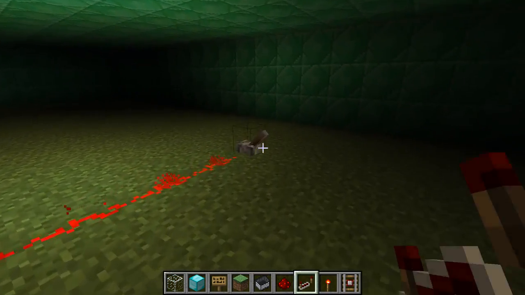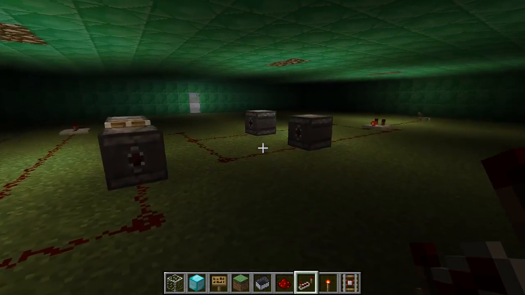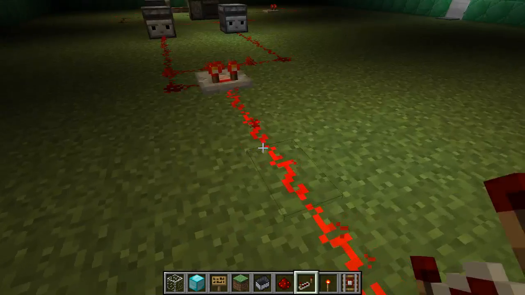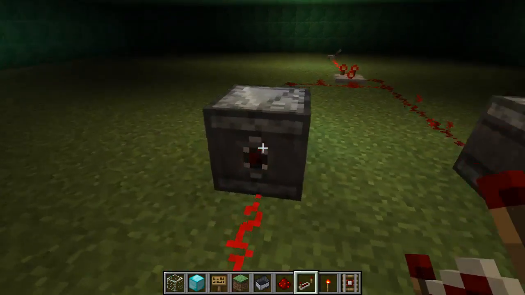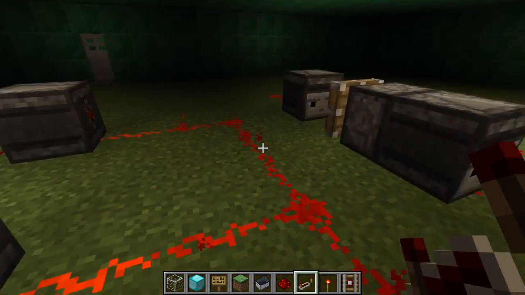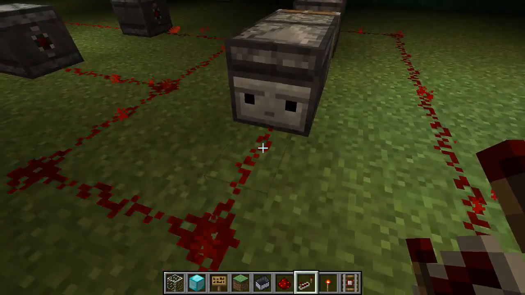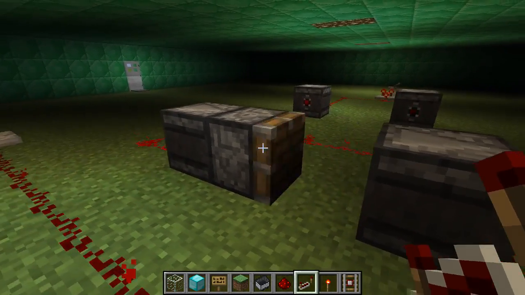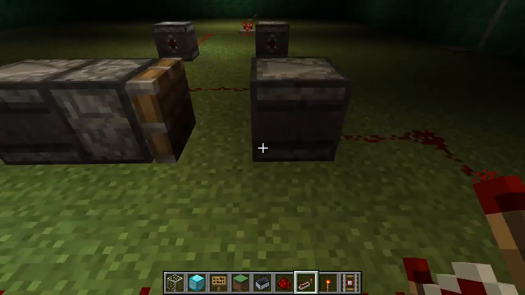Lastly, we have a very complex circuit. Well, not very complex, but more complex in the sense that it combines everything that I showed previously. You flick on the switch, we have a comparator creating an on and off circuit, splits into two, reaches two observers, triggers them, causes them to send pulses, creating the same on and off circuit, reaching another observer, which detects the on and off circuit through this side, emits the current through this side in an on and off pattern into the piston, which allows the piston to act over and over again at certain intervals,